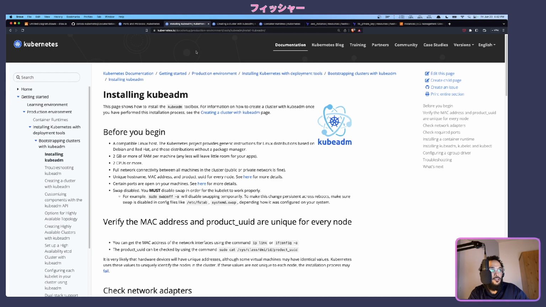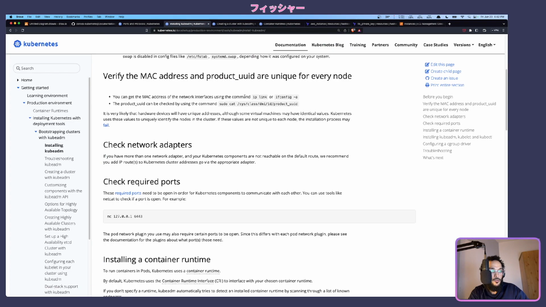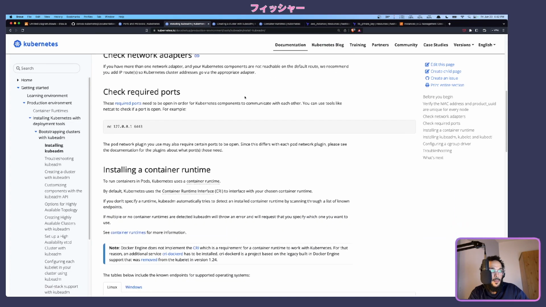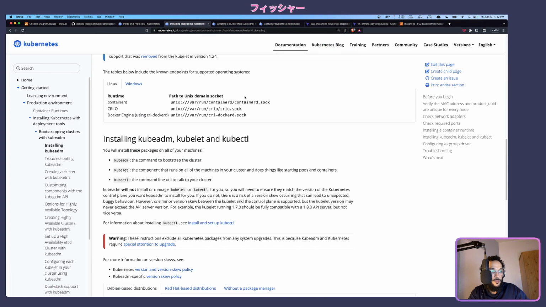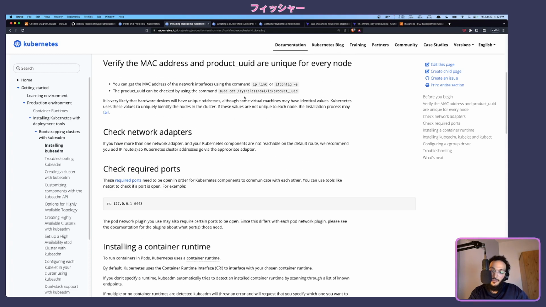The Kubernetes documentation is very clear and very easy to follow when it comes to setting up kubeadm and installing the prerequisites. But I've taken the liberty of creating an Ansible playbook, which you will be able to find on